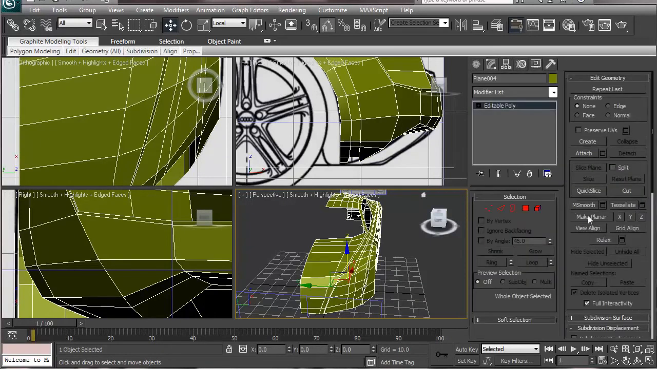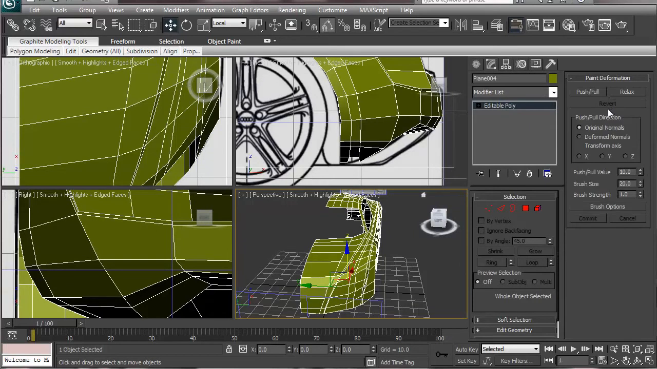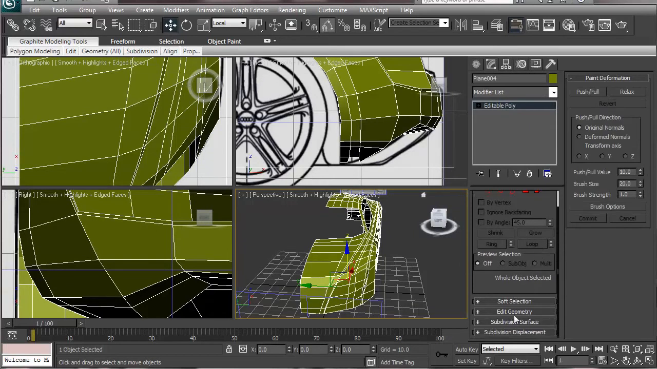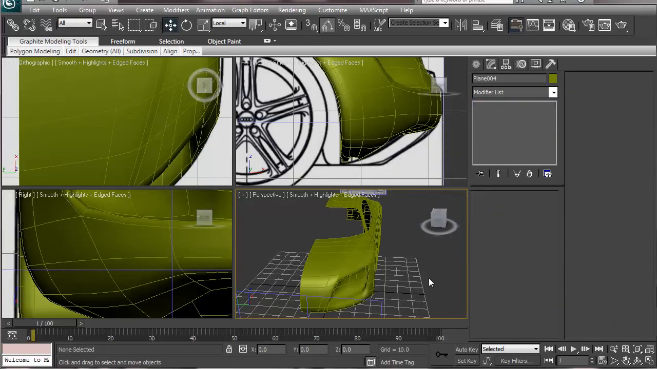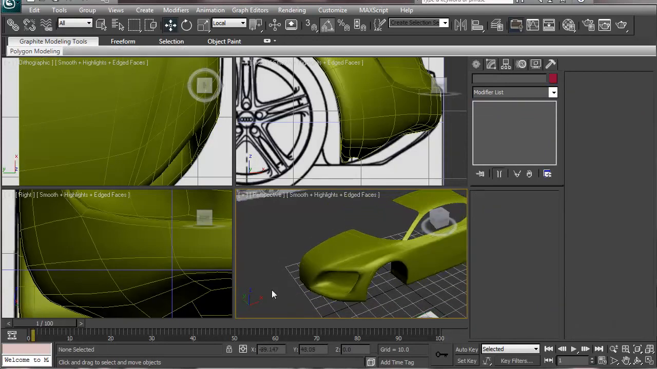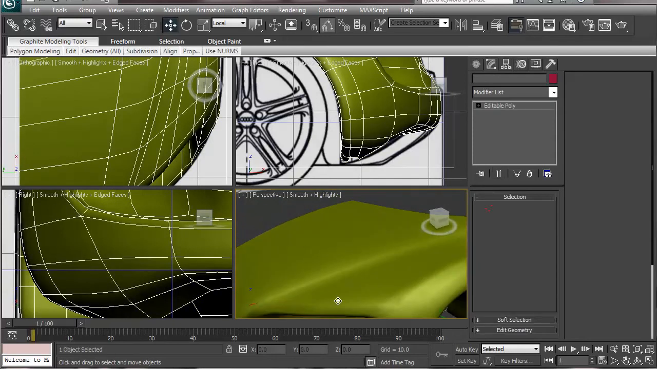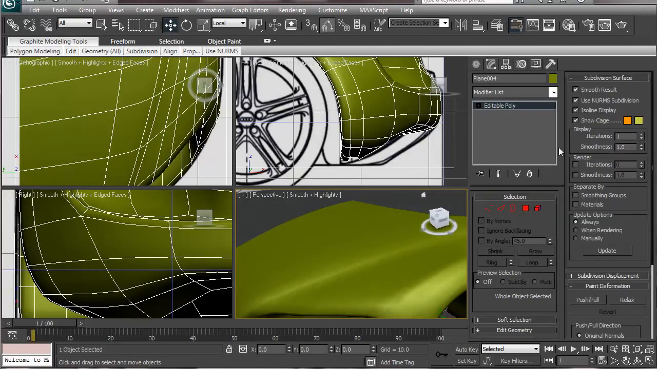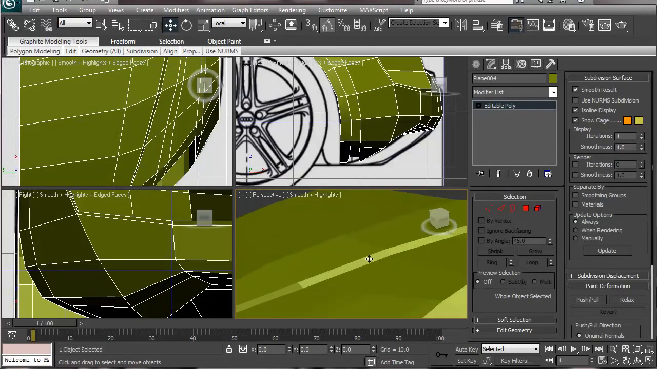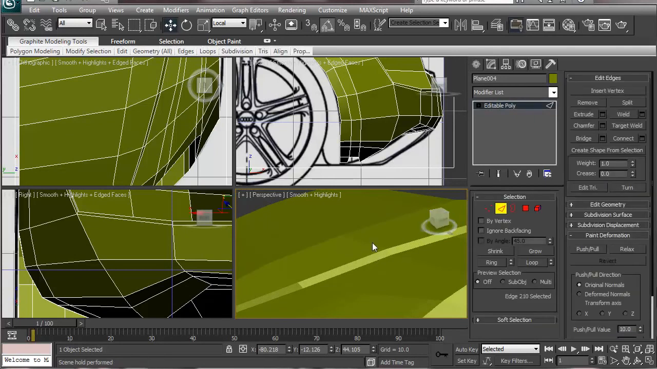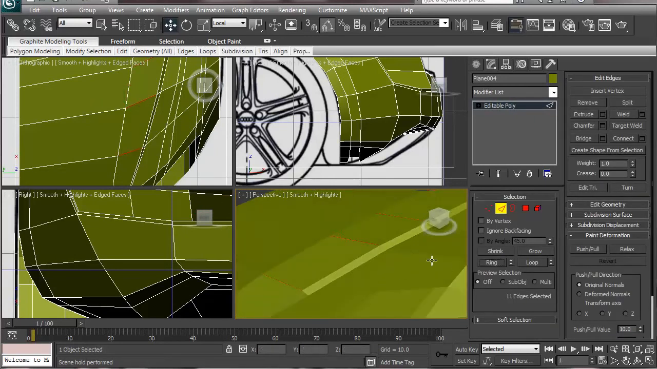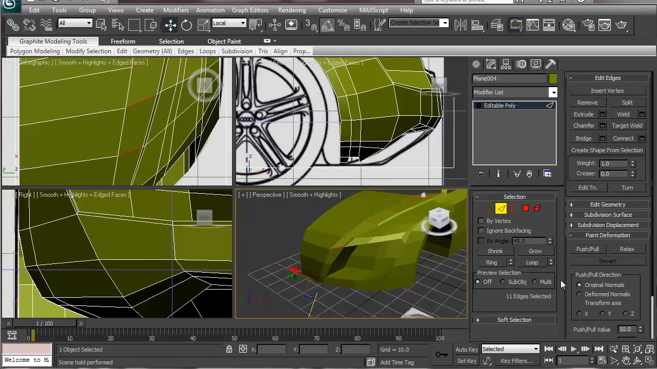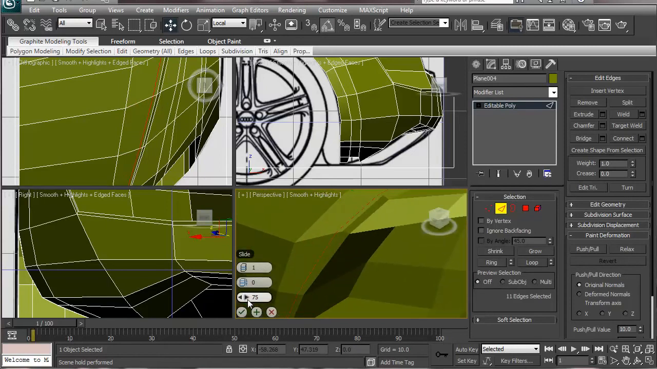Let's turn on use NURBS subdivision, and you can see that sharp crease over there. And if you would like to sharpen that crease even more, what you can do is go to edge mode, select that edge and connect it with a tight edge over there,